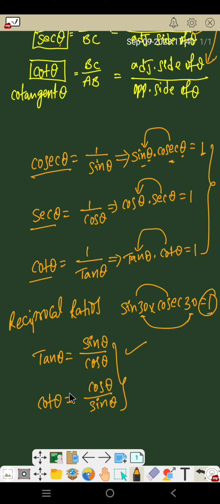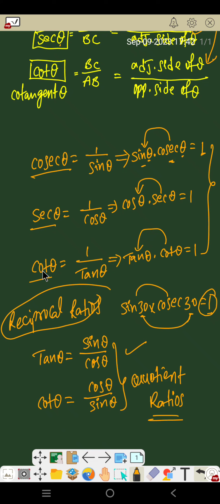So these two ratios are called tan and cot quotient ratios. Okay. So tan theta and cot theta are called quotient ratios, and cosecant theta, secant theta, cot theta are called reciprocal ratios. So actually cot theta is a reciprocal ratio and also a quotient ratio. Okay. Next,